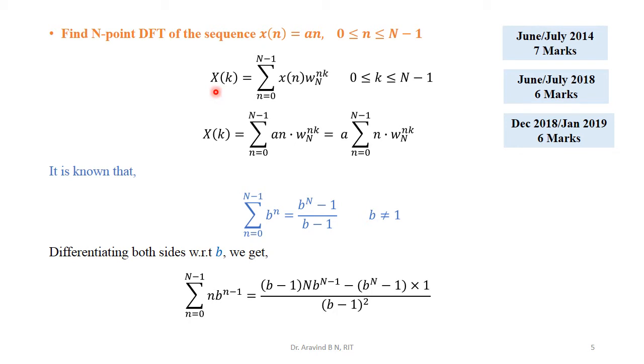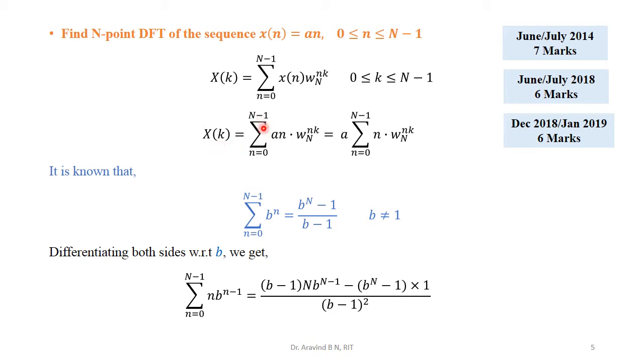Define the DFT formula: X of k is equal to summation n is equal to 0 to N minus 1 x of n omega N nk, for all the values of k ranging from 0 to N minus 1. What is being given? The range is being given, 0 to N minus 1. That means I cannot change the summation range. It is again n is equal to 0 to N minus 1 only. x of n is being given, that is equal to an. I need to substitute in the place of x of n. In the next expression we have done that.